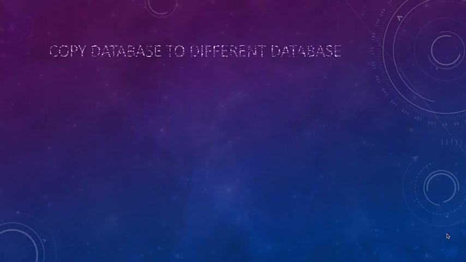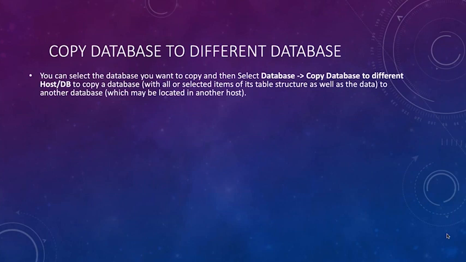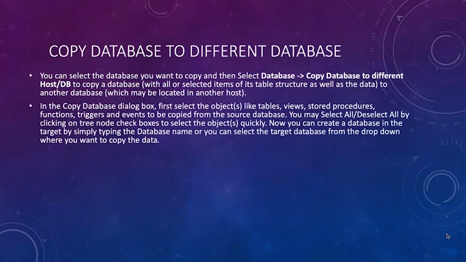Now, how to copy to a different database? You can select the database you want to copy, and then go to Copy Database to a Different Host/DB to copy a database. Please remember, with all the selected items of each table, it will select all the table structure as well as data, and it will copy to another database, which may be on a different localhost and a different server. In the copy database dialog box,